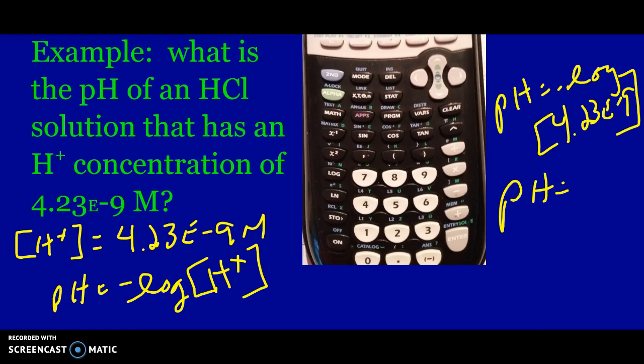So let's do this on our calculators now. So negative log. So do this with me. So I hit negation key first, followed by the log key. And then I hit 4.23. Now we've got to go back to our 10 to the key. Remember that, our EE right here. So you hit the second key and then the comma, which is the EE key, which will give us the exponent, and it's negative 9, so we have to go back again to our negation key, hit 9, then hit enter, and you should get